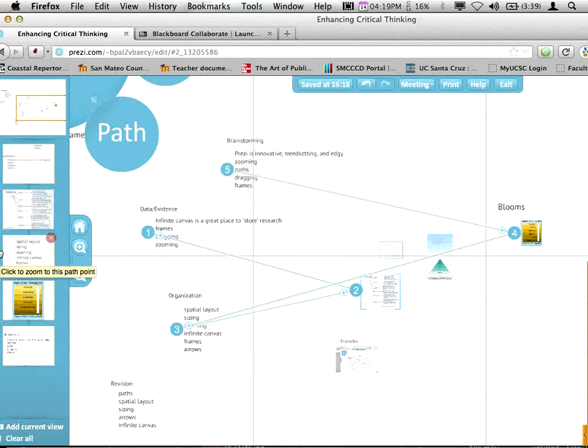They can even break their paragraphs up into pieces. So if you have a student who's having a really difficult time structuring a paragraph, you can literally divide their paragraph up into pieces and have them move things around and see how that paragraph reads by moving the whole sentence around. Okay.